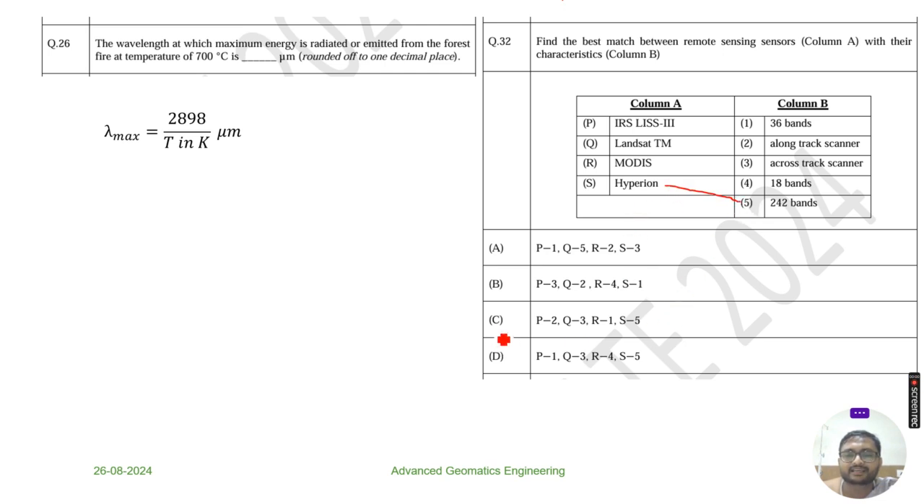So from that, either C or D will be correct. So Q will be 3. Landsat TM is an across-the-track scanner. And then we just have to specify either P or R. MODIS has 18 bands. So R is the fourth one. So the correct option is D. Sorry, MODIS will have